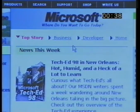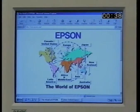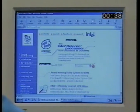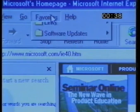The mouse pointer changes to a hand when it touches a hyperlink, and the link itself changes color if you've already visited it. The software remembers the pages that you've visited, and using the forward and back arrows on the browser, you can quickly return to previously visited sites. You can save your favorite URLs as bookmarks so that you don't need to remember their names the next time